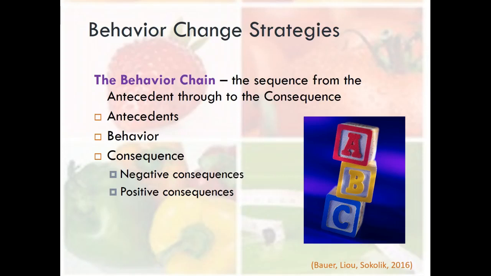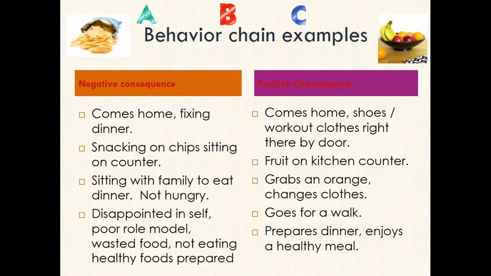For some clients, it can be very helpful to guide them through thinking about challenging scenarios and behaviors by looking at them as a behavior change, a sequence of events that leads from some kind of triggering occurrence to a behavior through to some kind of a consequence, which could be positive or negative for the client. Let's look at two different examples where in each case we'll address an antecedent, a behavior, and a consequence.